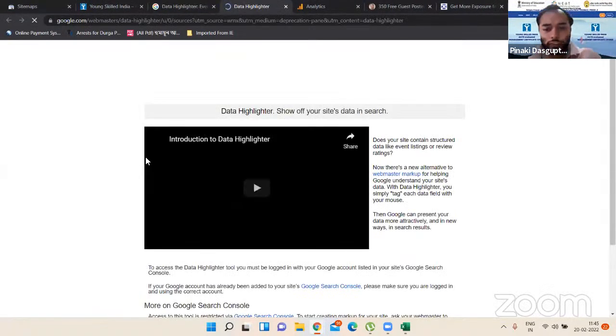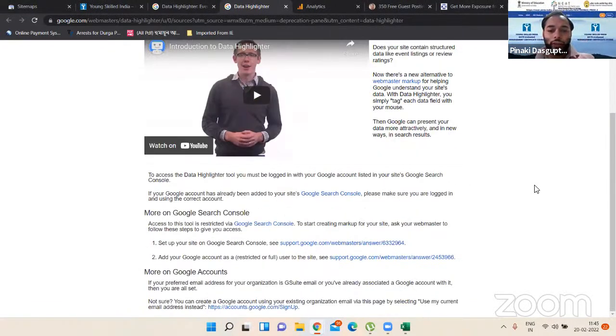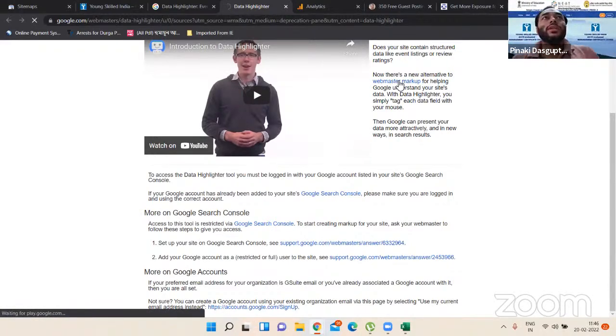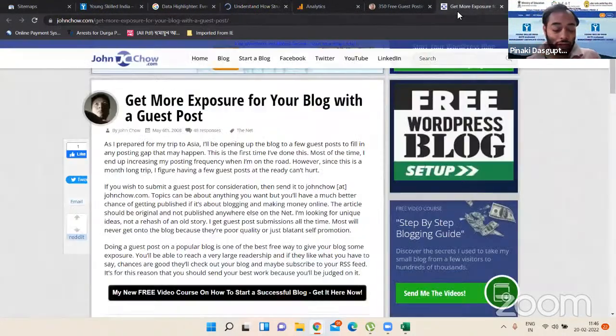So what is this data highlighter? Data highlighter is an additional feature in Google Search Console. This is basically a markup thing. Say, have you checked this? I'm just showing one example.